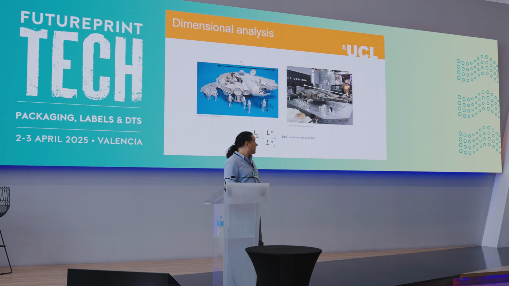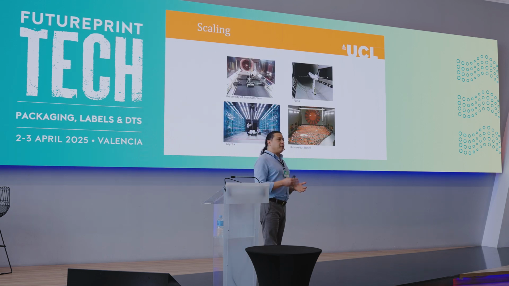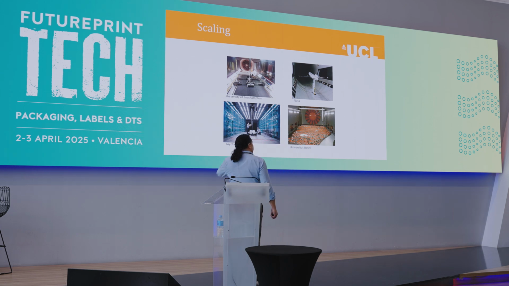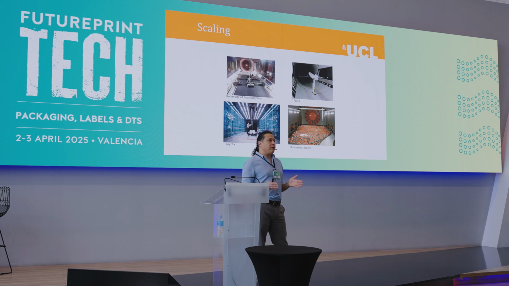Now, surprisingly, this is dimensionless, so you have meters divided by meters, so you suddenly build up a parametric scale that is dimensionless. This is exactly what you can do in fluid mechanics, because fluid mechanics is actually scalable. That allows us to test big planes in a wind tunnel, and to test Formula 1 cars and cars at small scale, because the physics scale up and scale down. And in inkjet printing, that's very useful because we can do experiments across scales. So we can have experiments with 20 micron droplets or 2 millimeter size droplets or something in between. And as long as you keep the physics correct, then what you find in one scale